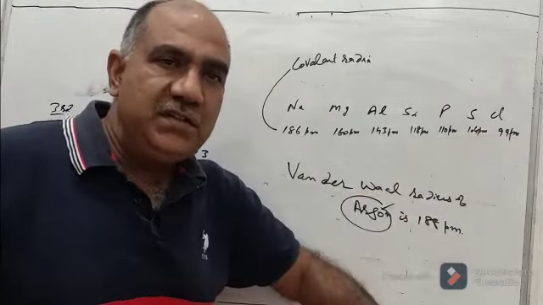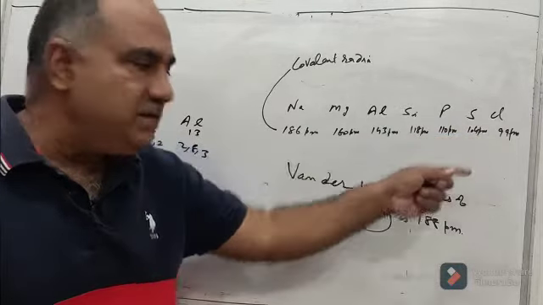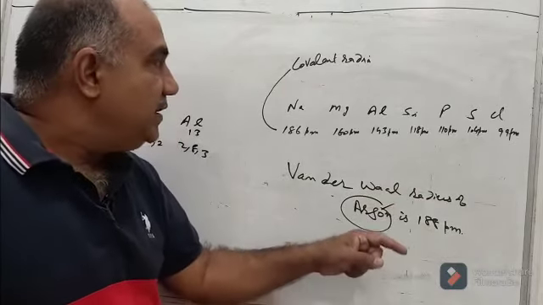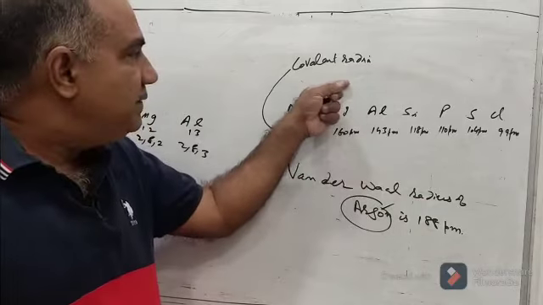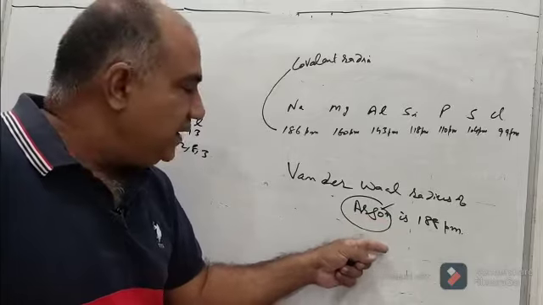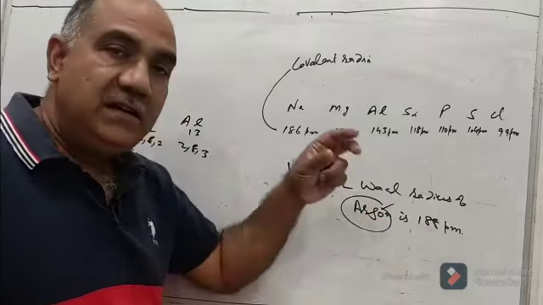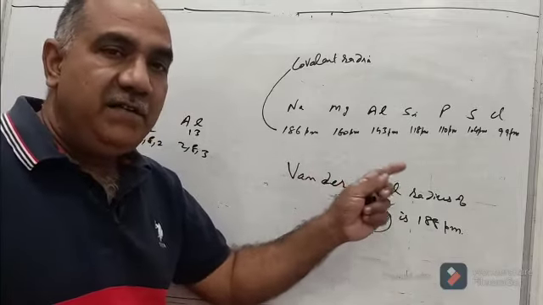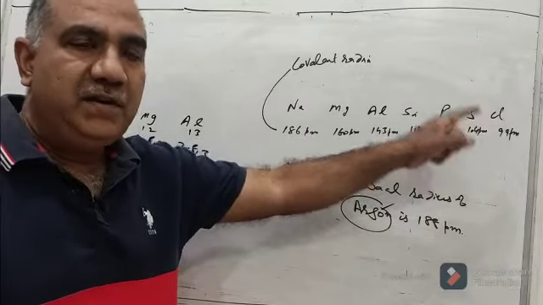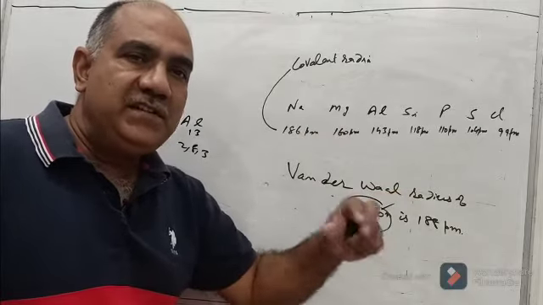This is because of two reasons. One is that the outermost orbit of the noble gas is completely filled, and another reason is that for these elements we refer to their covalent radii, whereas for noble gases we refer to their van der Waals radii. So these are the two reasons why the noble gas in the same period will have a larger radius than the halogen in the same period. For the rest of them, when we move across a period from left to right, the atomic size keeps on decreasing.